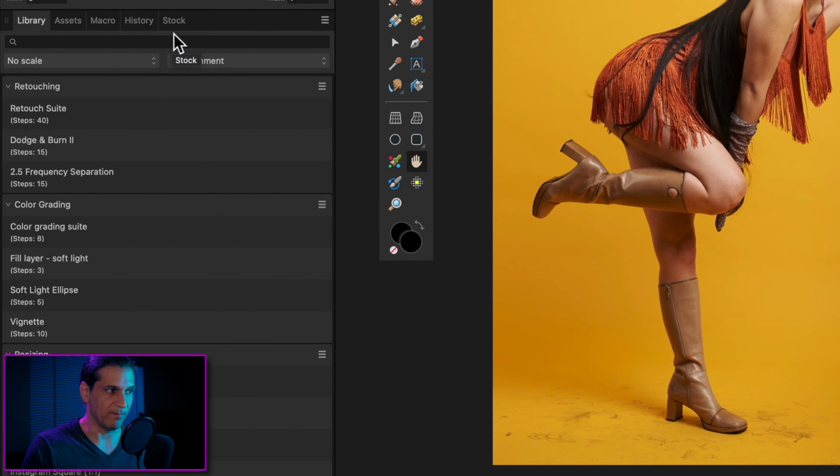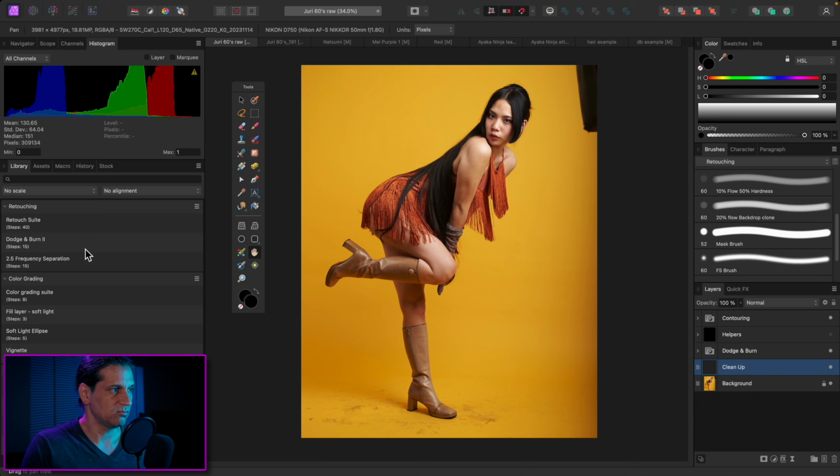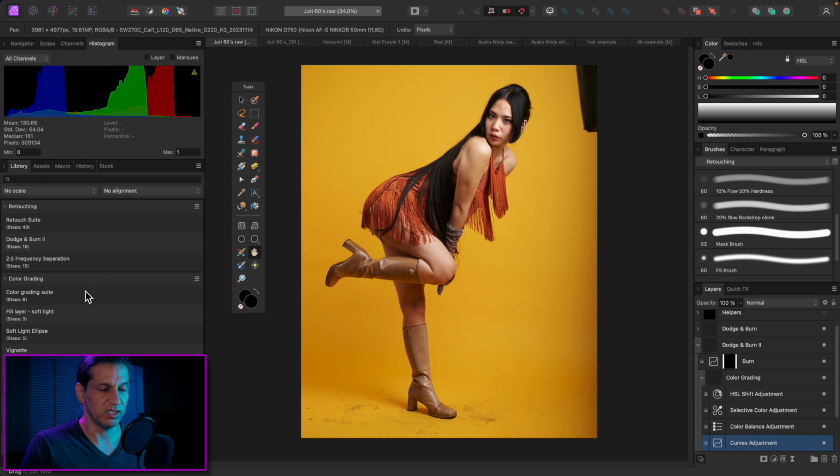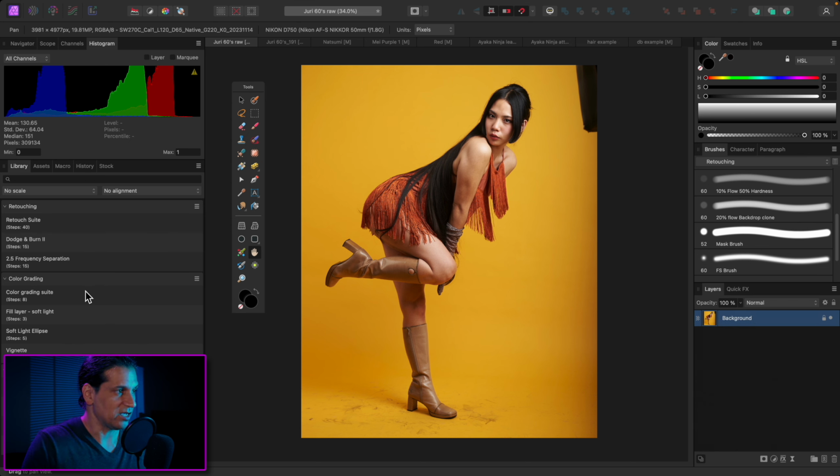But if I go over to my mouse, now I'm on the mouse and click on it, works, right? I can do a dodge and burn. There we go. I can go to my color grading suite, it pops up. But let me go ahead and delete and do that. Now if I go back to my pen and try to do my retouching suite or my color grading suite,